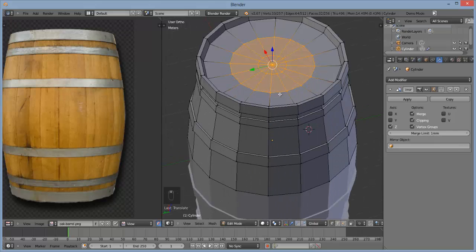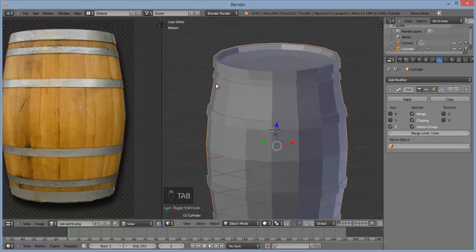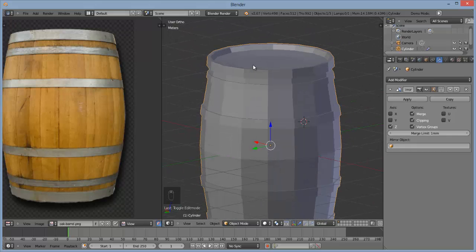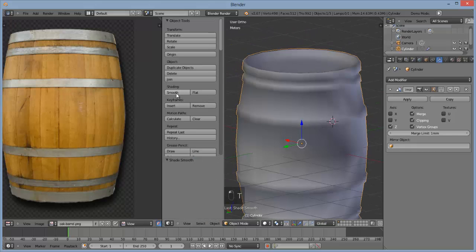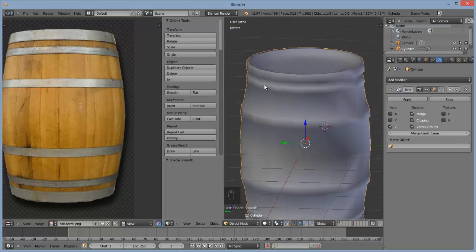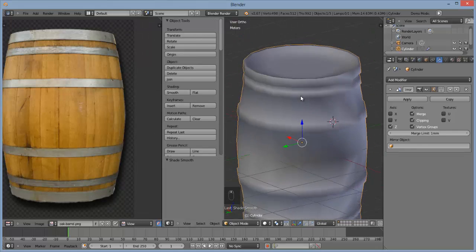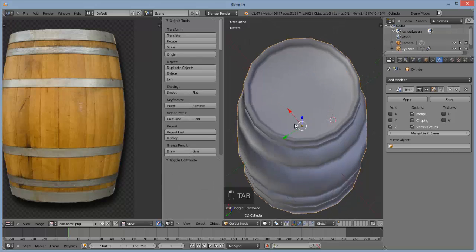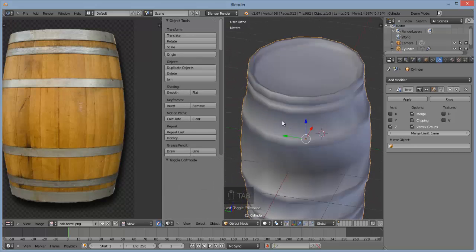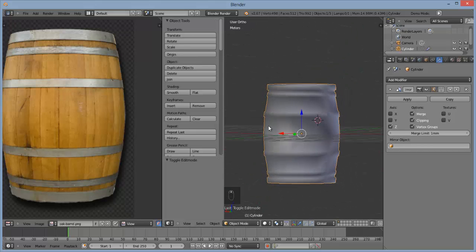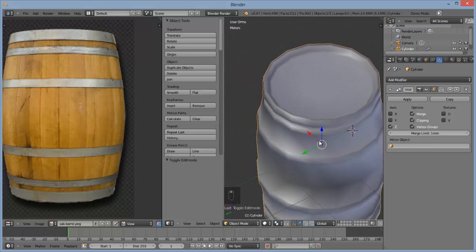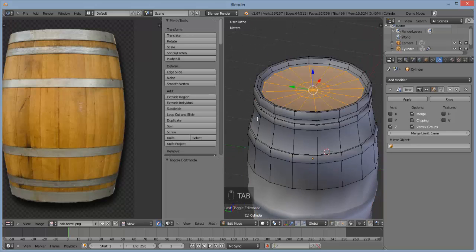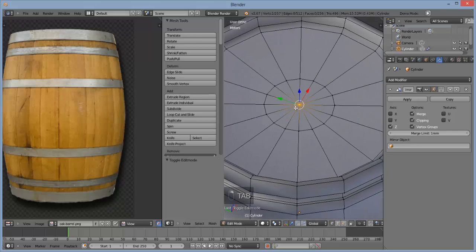Okay, that's a little bit too off. And to get an idea of how it will look when we render it, for our final render, we just select smooth shading and check how it looks, and that's not too bad, but this needs to be scaled up a bit, and that looks okay to me. Yeah, so basically the modeling part of this exercise is almost over, and all you need to do now is